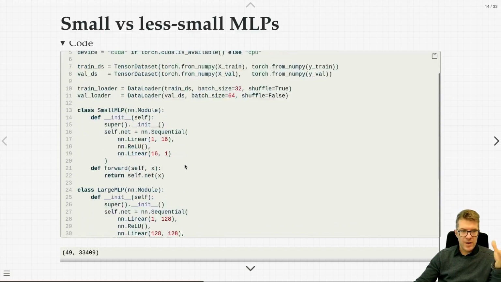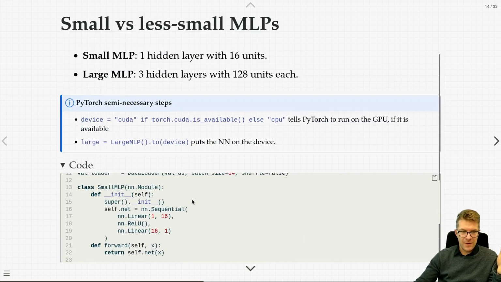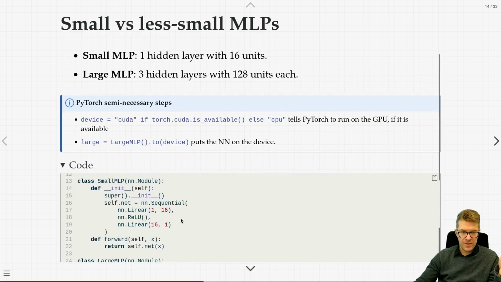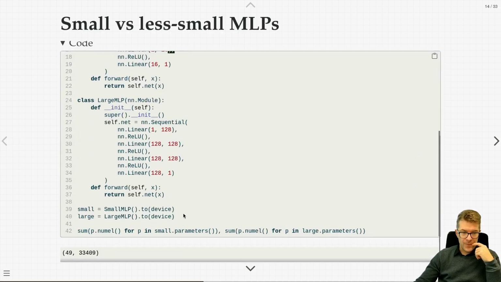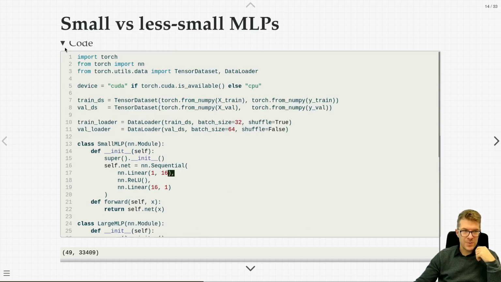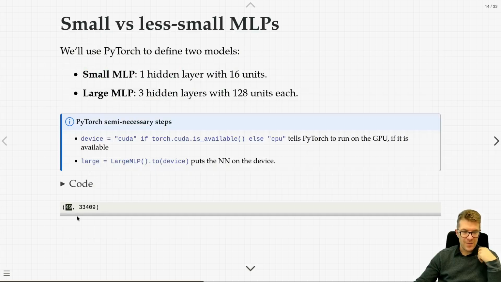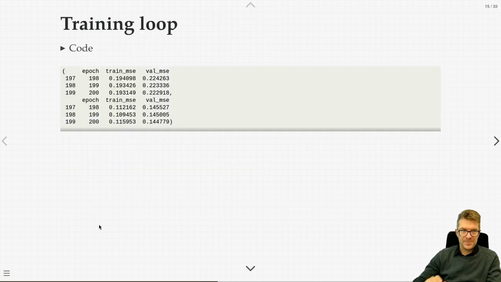This is the one hidden layer for the small one, with 16 units, and we have 3 which are 128 units each for the large MLP. All I'm doing here is describing the number of parameters I have in each. The small neural network has a mere 49 parameters to learn, and the relatively large one has about 33,500.